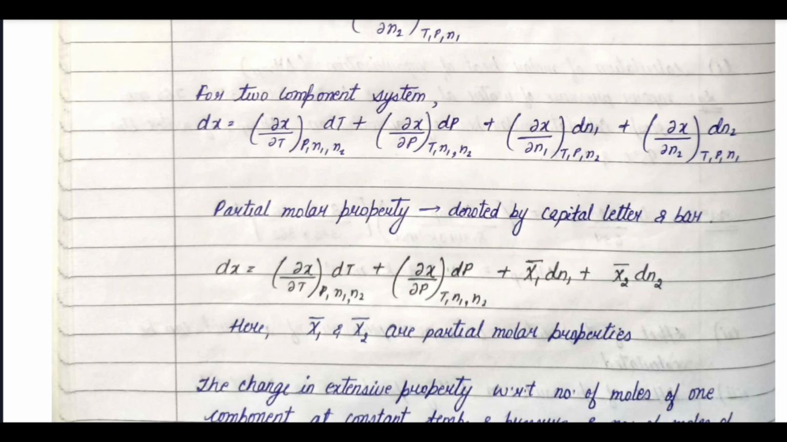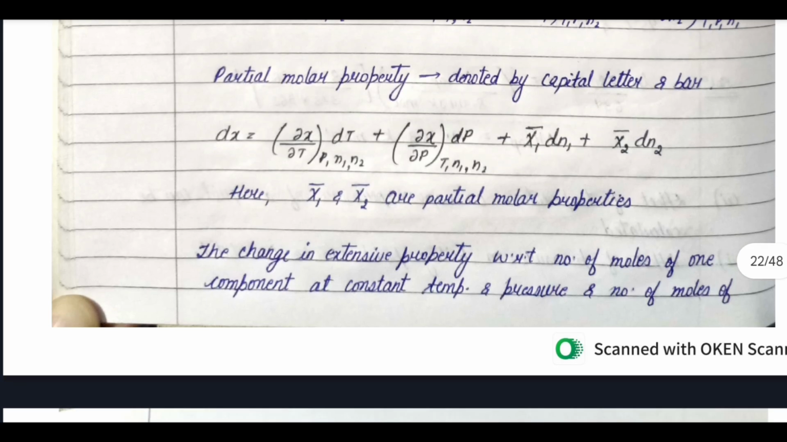For two component system, dX is equal to curly X by curly T at constant pressure, n1, n2 into dT plus curly X by curly P at constant temperature, n1, n2 into dP plus curly X by curly n1 at constant temperature, pressure, n2 into dn1 plus curly X by curly n2 at constant temperature, pressure and n1 into dn2. Partial molar property is denoted by capital letter and bar. So dX